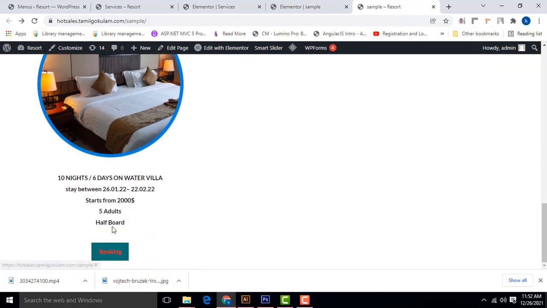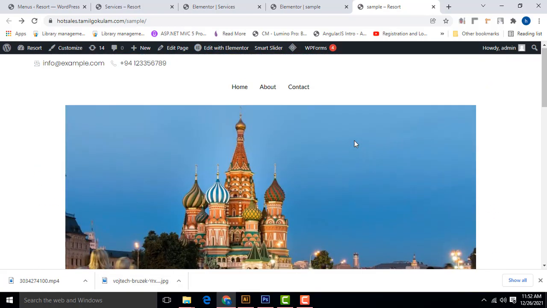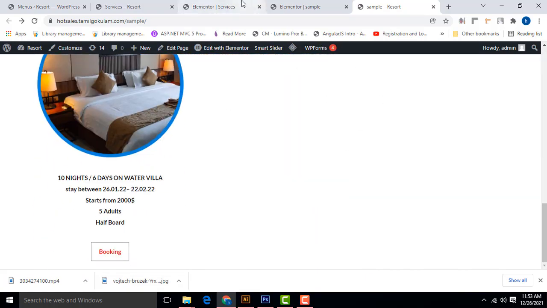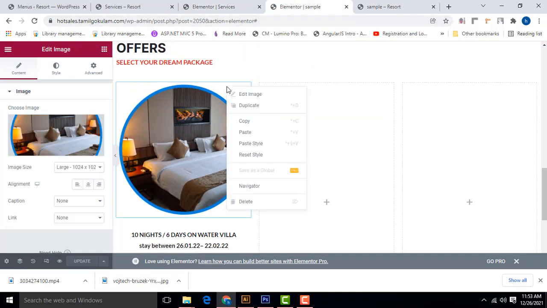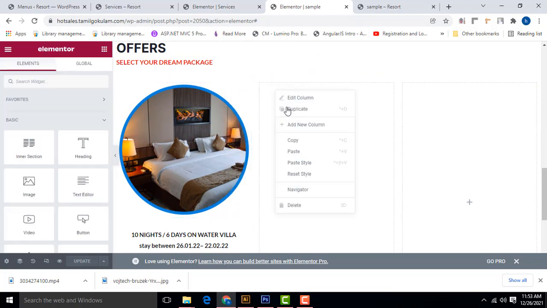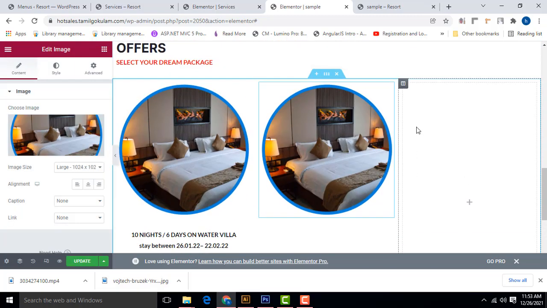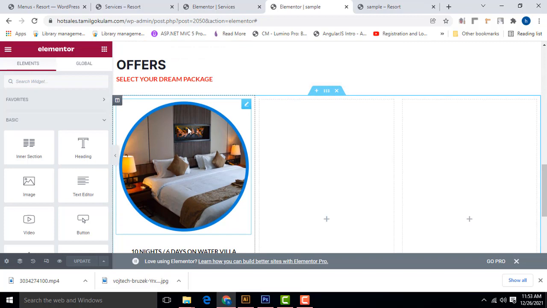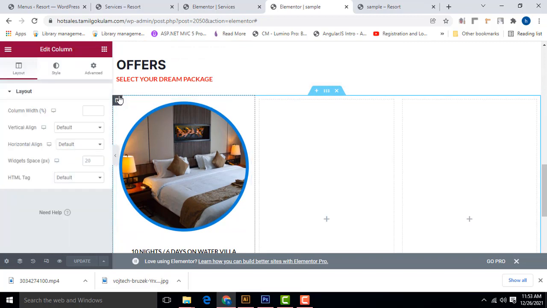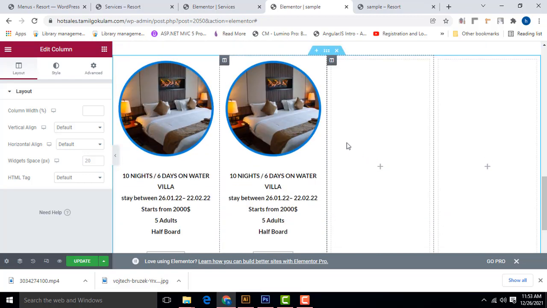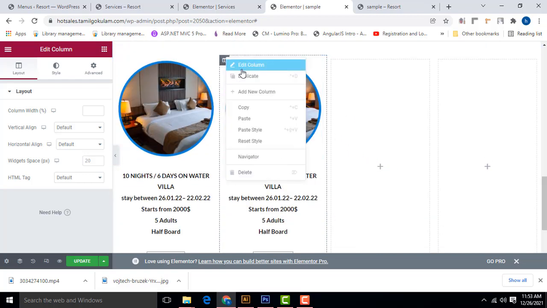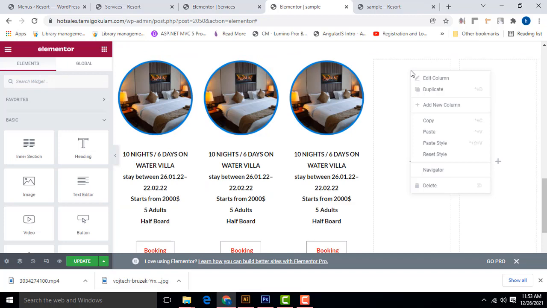Very simple here. The site is very efficient, very simple. So the same thing you have to copy and paste. Just select this one, copy, or just copy, control, right click and paste it. Sorry, not here, like this. I need all the stuff, the entire thing I just copy. Click on this one, copy or duplicate. The duplicate is coming. Okay, it's duplicate, very simple. Again you have to right click and duplicate. This one you have to right click and delete.